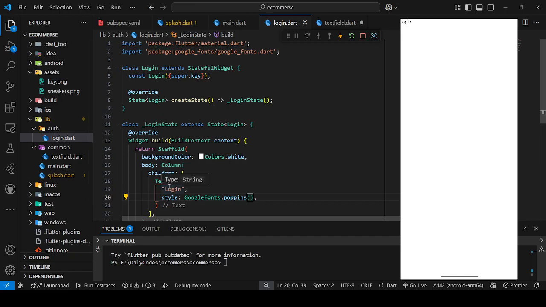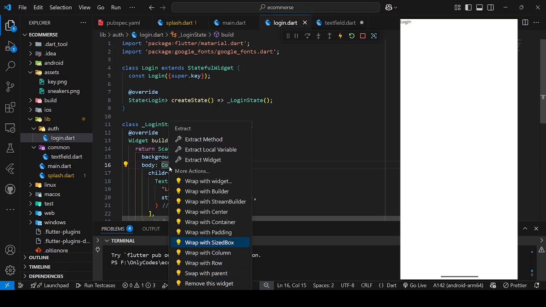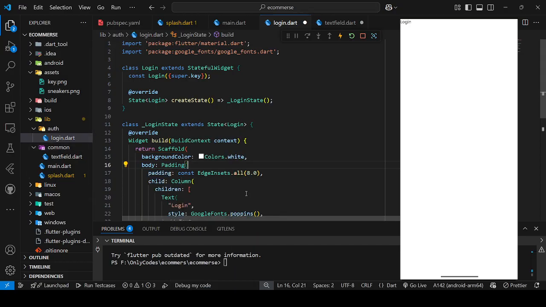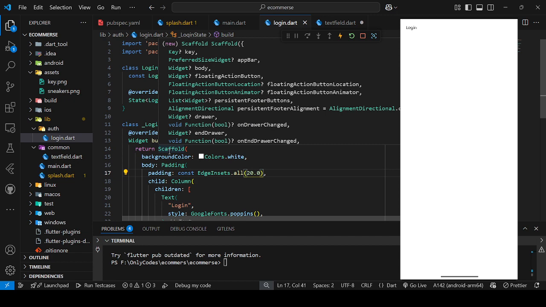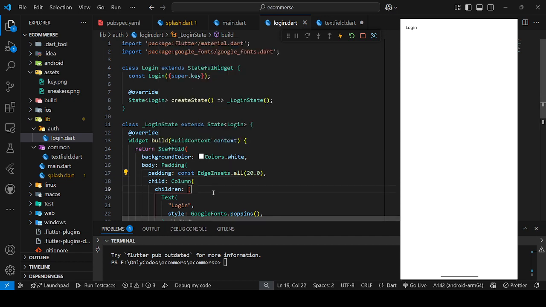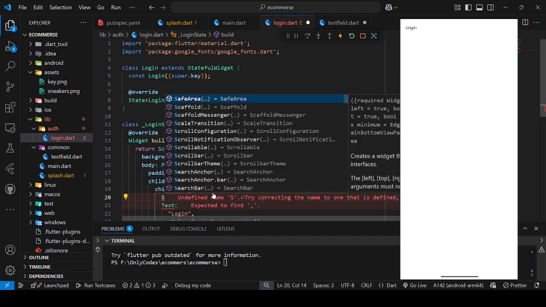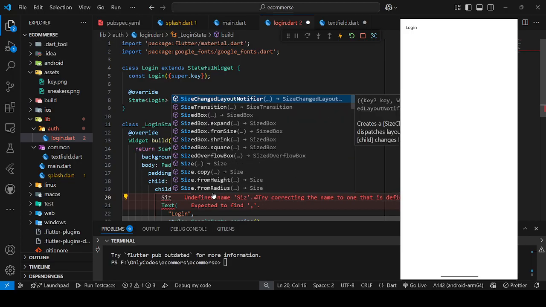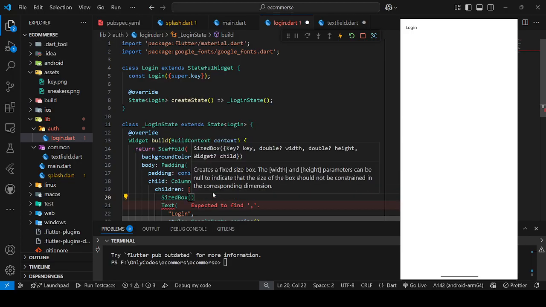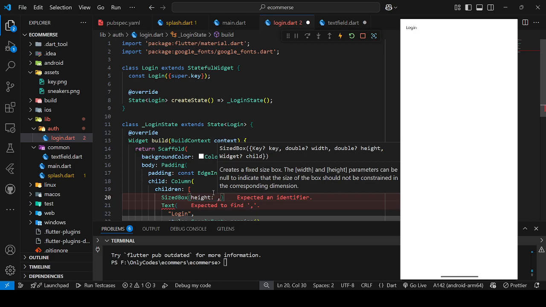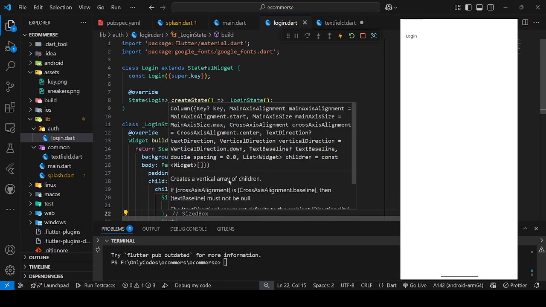And you can see in our screen कि ये visible है, और अगर मैं एक कॉलम को एक पैडिंग दे देता हूँ जो कि है 20 की, तो वो कुछ बीच में आ जाएगा। You can see कि लॉगिन दिख रहा है, पर the catch is वो जो लॉगिन है वो एक सही फॉन्ट और सही डायमेंशंस में नहीं है। तो यहाँ साइज बॉक्स की मैं हाइट देने वाला हूँ 30 जिससे वो थोड़ा सा नीचे आ जाए।